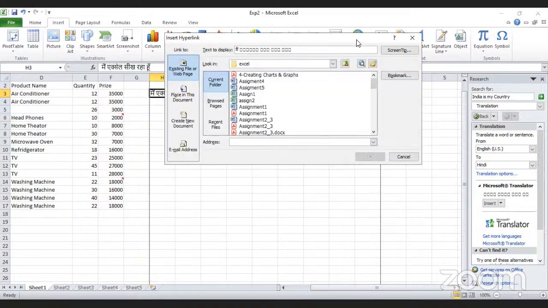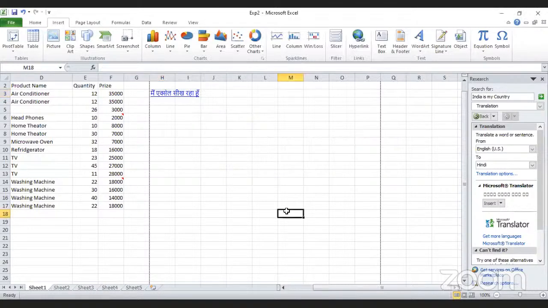So see here, I will click on the hyperlink. Hyperlink is nothing but a link to another object. For example, I will make a hyperlink with this assignment, suppose assignment 5 in Word, no problem, and OK. Now immediately this text is